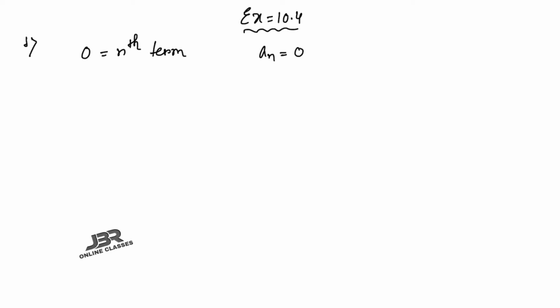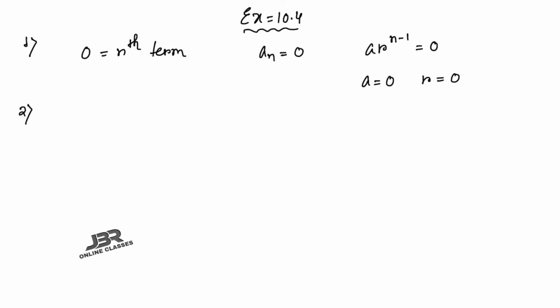And as an equal to 0, if you let r be the common ratio and a the first term, then a r to the power n minus 1 equals 0. That means either a equal to 0 or r equal to 0. But in both cases it's not possible, because the first term and the common ratio in a GP cannot be 0. So 0 cannot be a term of a geometric progression.